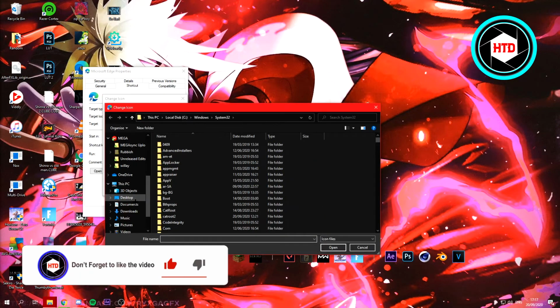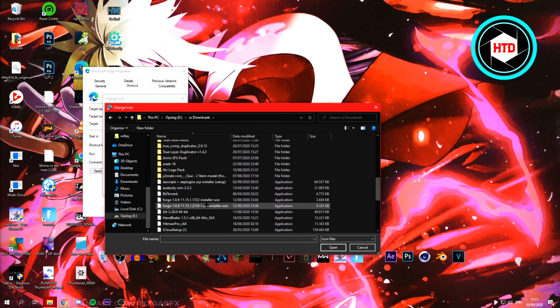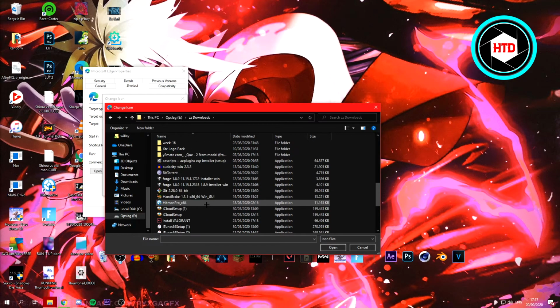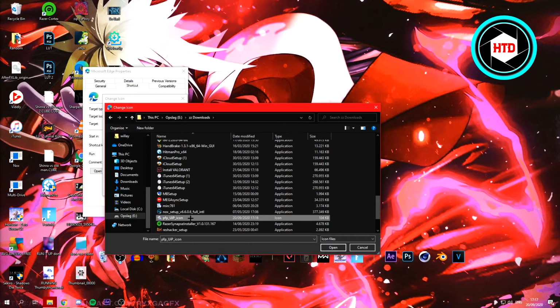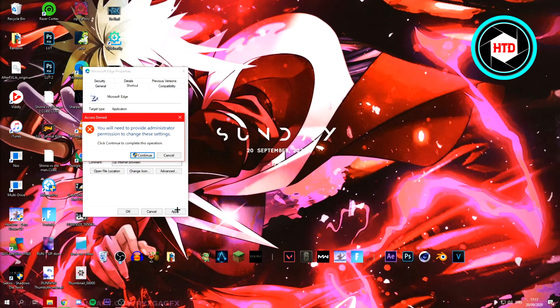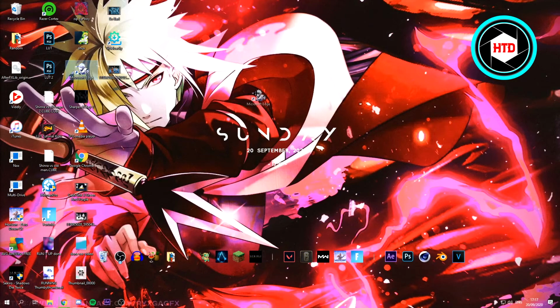And as I said, make sure you remember where you have downloaded it. So for me it's in my downloads, and it should be somewhere here. It's right here. So just click on open, and then click OK, click apply, and it says you will need to provide administrator permission to change the settings. Just click on continue and hit OK. And as you can see, the icon has now been changed to the photo